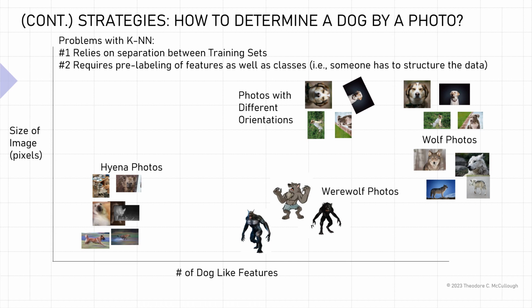Another problem that you have to deal with is that all of the data needs to be pre-labeled. So all of the photos need to be labeled such that a table is created reflecting the features of the photo and then basically a class label as well. And someone has to do that, and that's time consuming and takes a lot of work. And really what this all goes to is that the world is a messy place. So what do you do given the fact the world is messy?